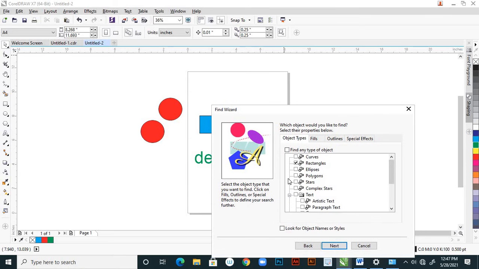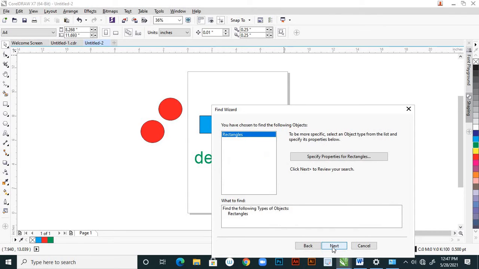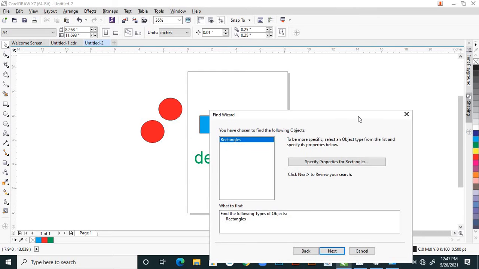Before that, if you read this: select the object type that you want to find, click on fills, outlines or special effects to define your search further. Say you have chosen to find rectangles. To be more specific, select an object type from the list and specify its properties below.